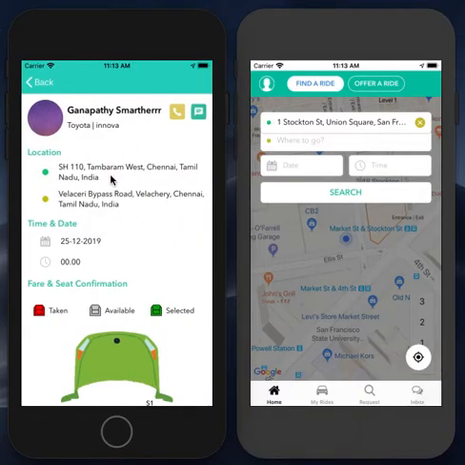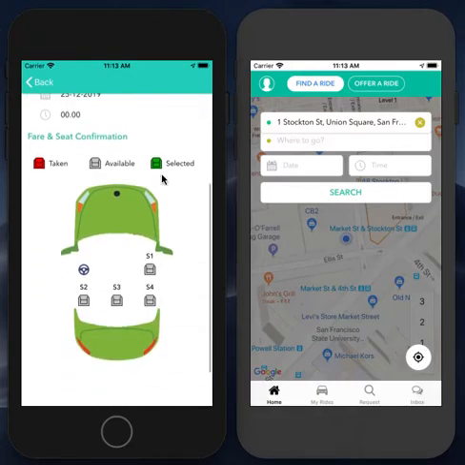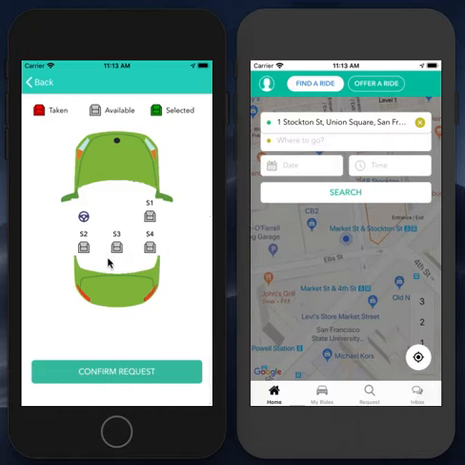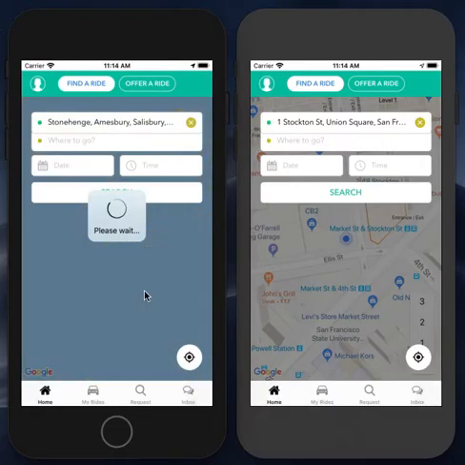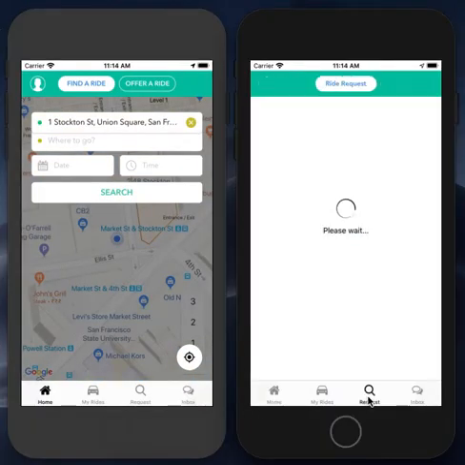So I'll be able to see the ride details, source, destination, the time, and I can select the seat that I would prefer. So I've chosen the seat S4, so I'll be able to see the fare estimate here, and I could confirm the request. Now my request has been sent to the driver,